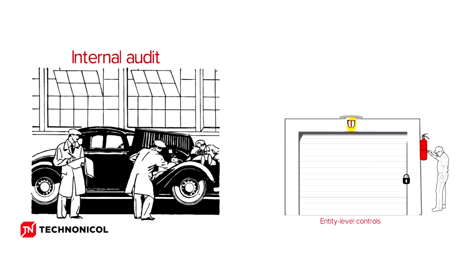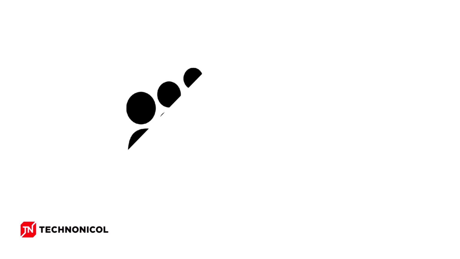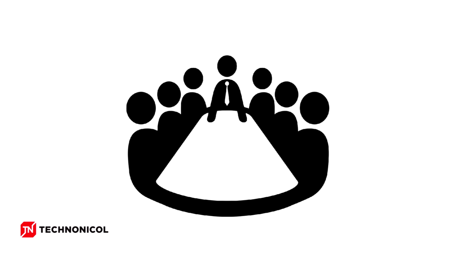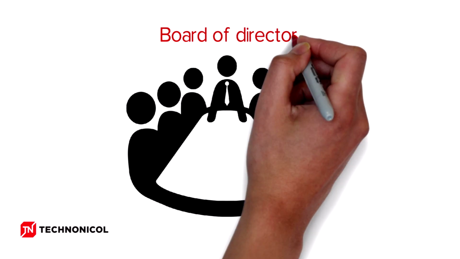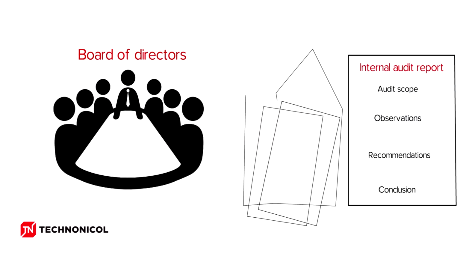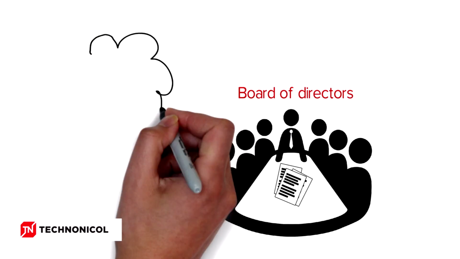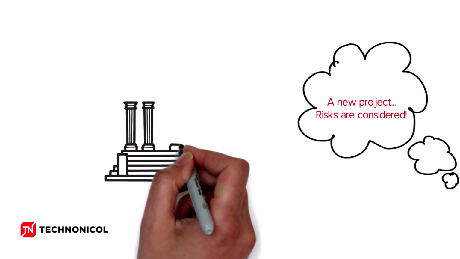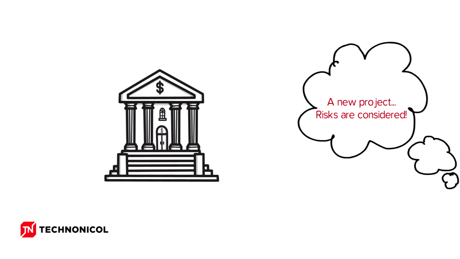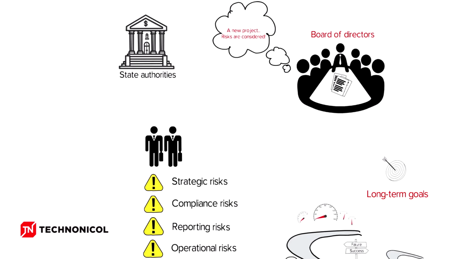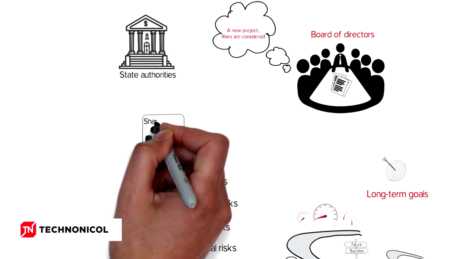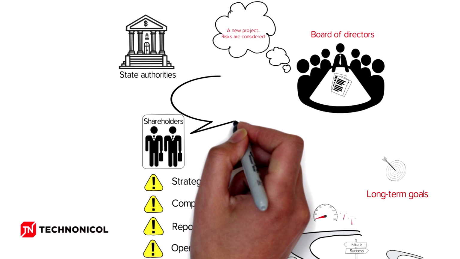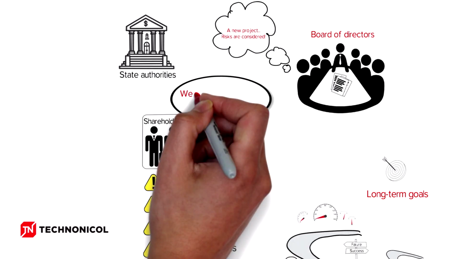Internal audit combines the functions of subsequent control and external monitoring of the internal control system. Internal audit provides an overview of the risk management and internal control system to the top management and the board of directors, which takes risk-based strategic decisions. Many regulators use a risk-based approach in their work. For example, tax inspection evaluates risks of the taxpayer before starting the examination. And finally, shareholders and other stakeholders are interested in objective information about the risks for choosing the further path of